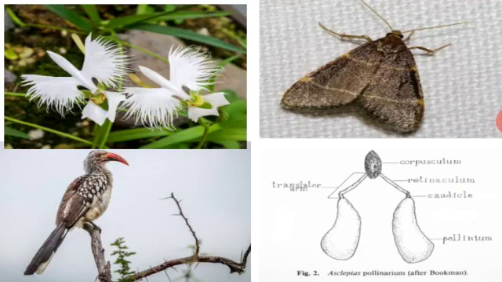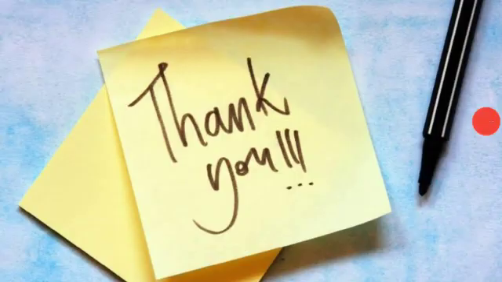Here you can see another one, this is a moth and hornbill, and this is the pollinium structure, different pollinium structures that you are finding, in the Apocynaceae family. So these are some of the examples of coevolution. The interaction will be continuous for many generations. Some changes alone in genetic as well as morphological structure will take place, but they have the co-adaptation. Such things will be named coevolution. Okay. Thank you.